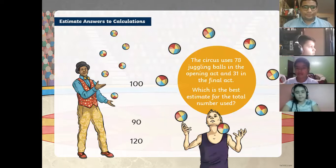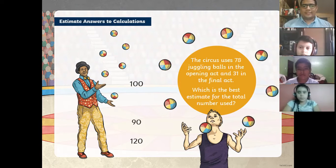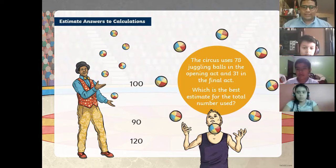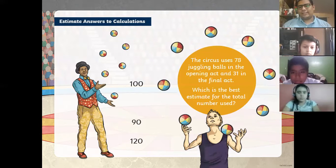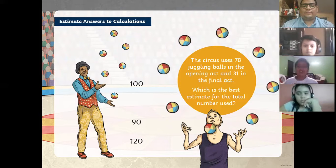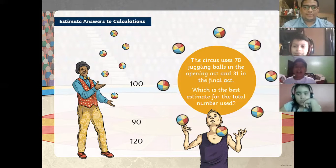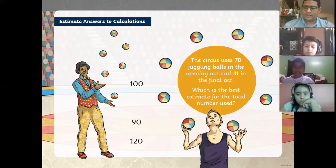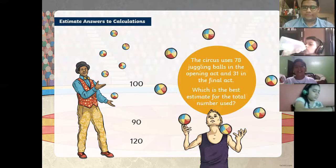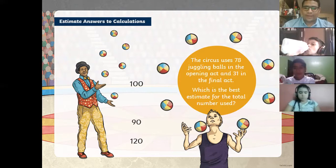Okay, so now we have another exercise. Bayram, could you please read what we have in the yellow circle? The circus used 78 balls in the opening act and 31 in the final act, which is the best estimate for the total number used? 120. Okay, we have that they used 78